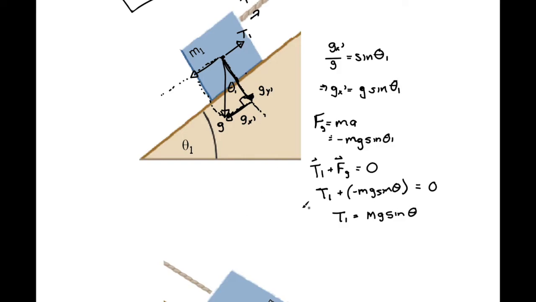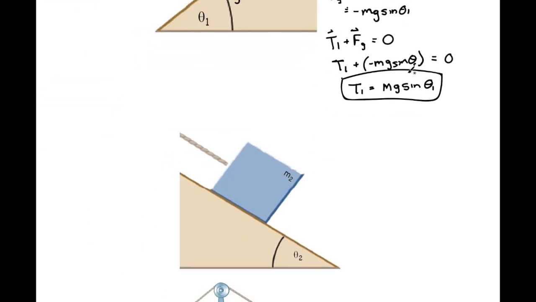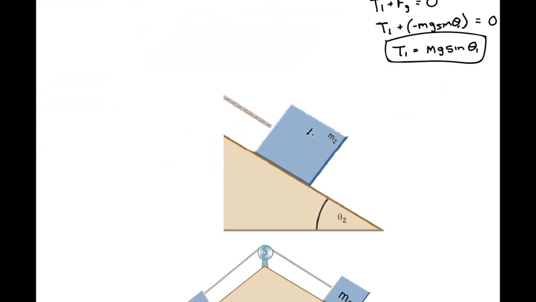Very good. Okay, we have done that. We have done mass 1. Well, we can repeat this process for mass 2, right down here. Now here we have a different angle and a different slope. So we'll draw our new axes here. We'll call this x double prime for mass 2, and this will be y double prime